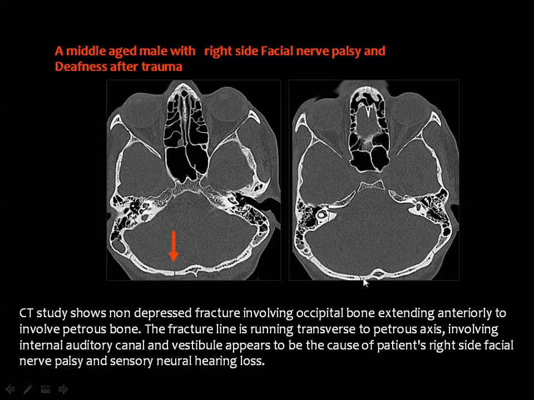It may be the same fracture that has extended through the occipital bone, reaching the petrous bone, and this is a transverse fracture which is involving the facial nerve canal. And this is also, the fracture is running transverse to the apex of the petrous bone, involving the internal canal and the vestibule. It passes very close to the vestibule, and this may contribute to the sensorineural hearing loss in this